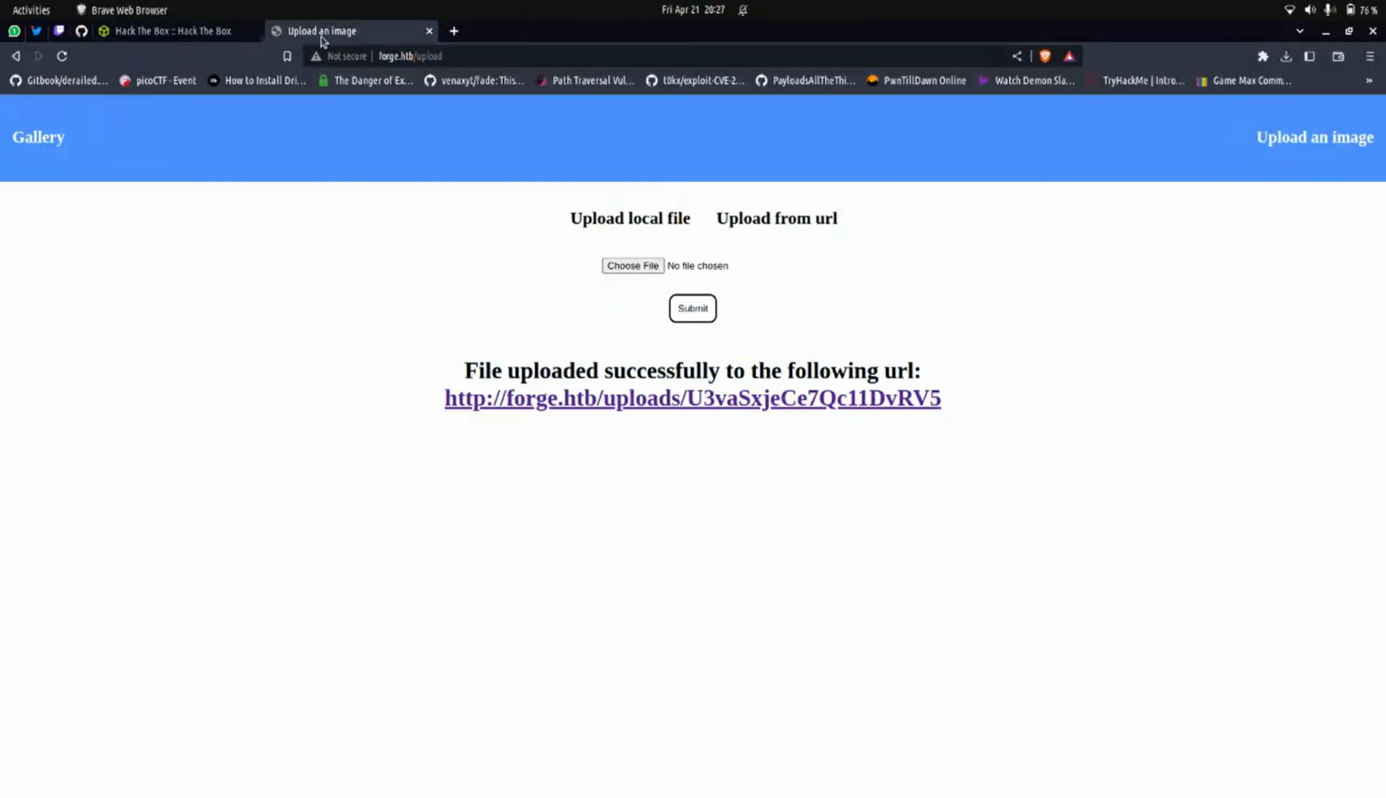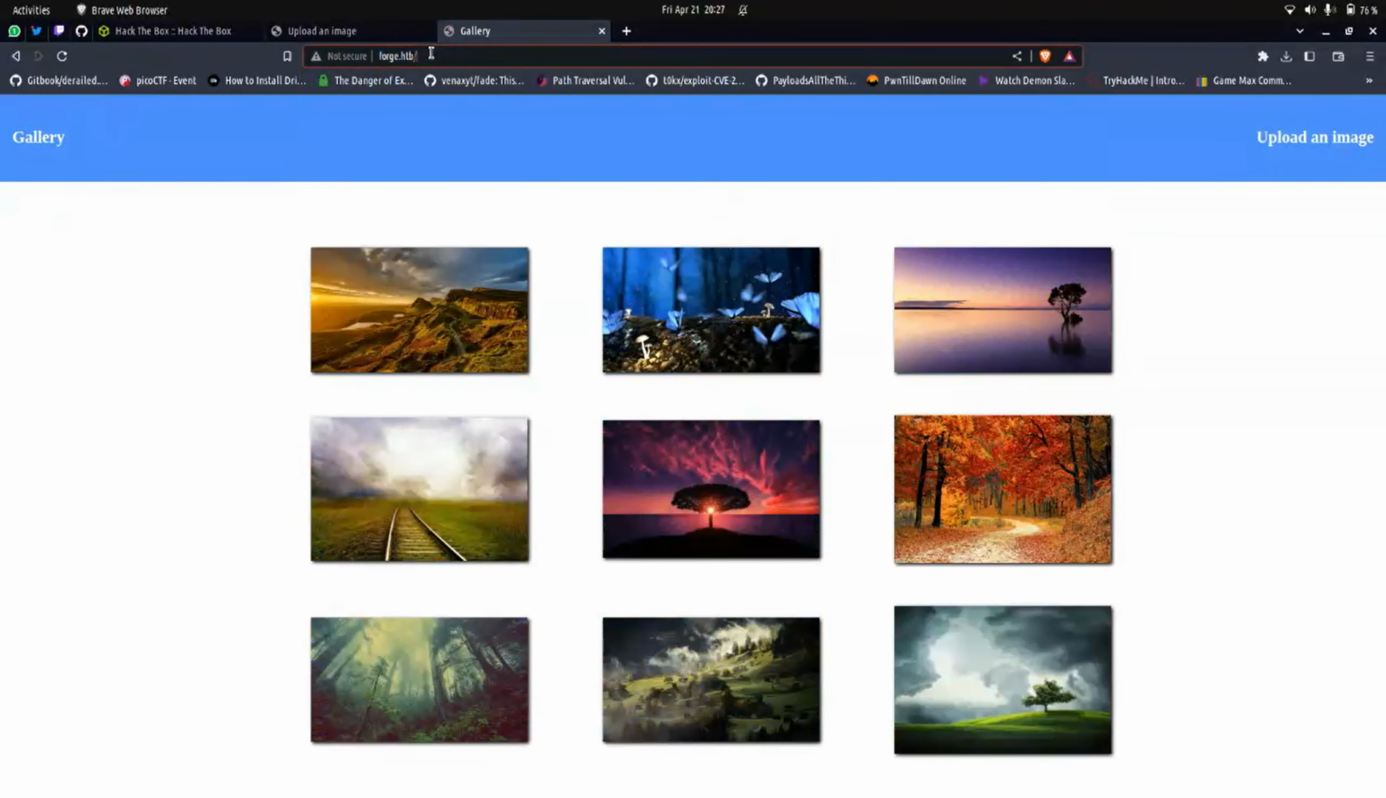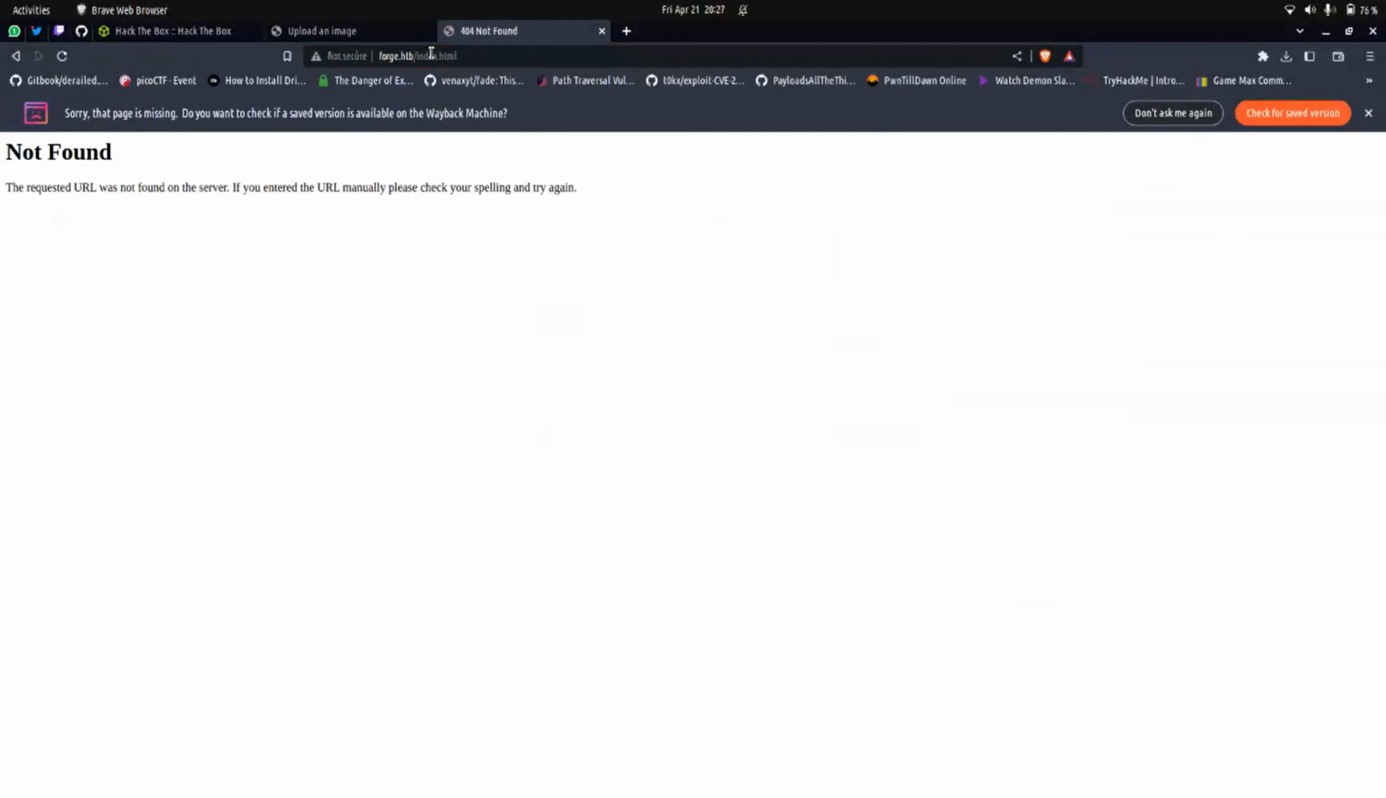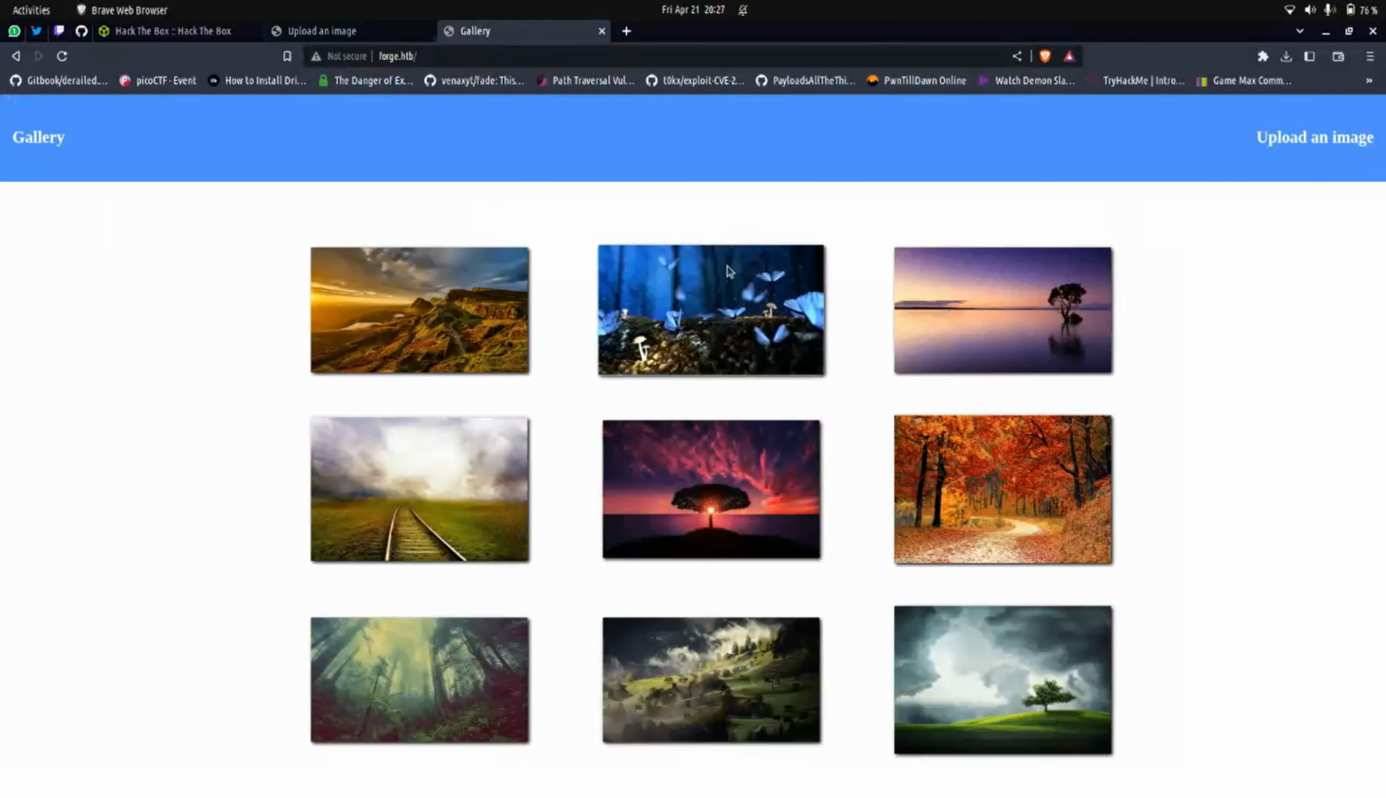We can actually just quickly test this by going to the root of the web server, so forge.htb, and we can try accessing index.html to test if it's running HTML, and we find it's not found. We can try PHP, but it's not found also. So when we try index, it's not found. So this server is possibly running a